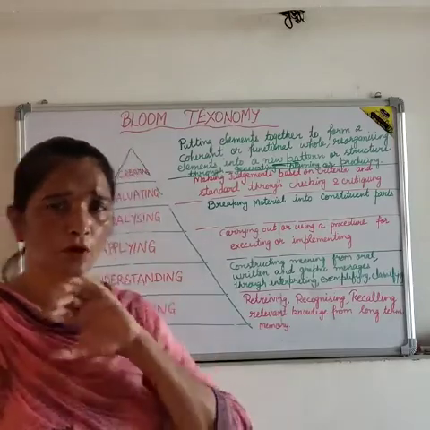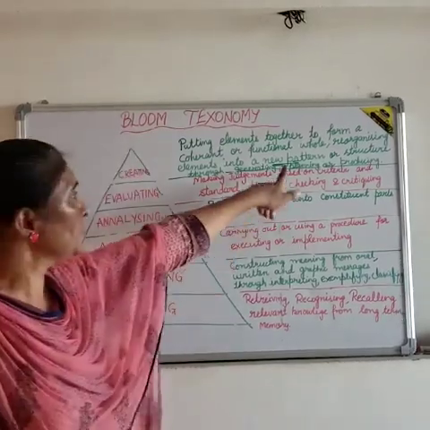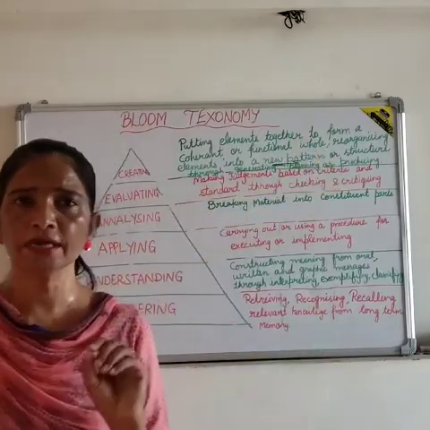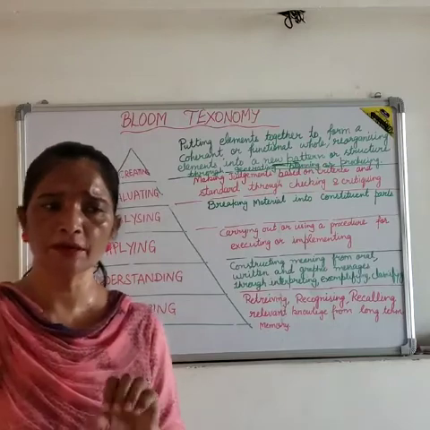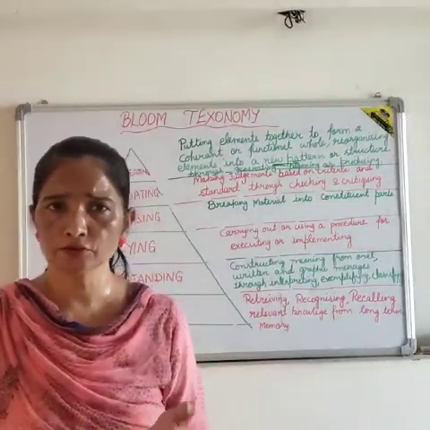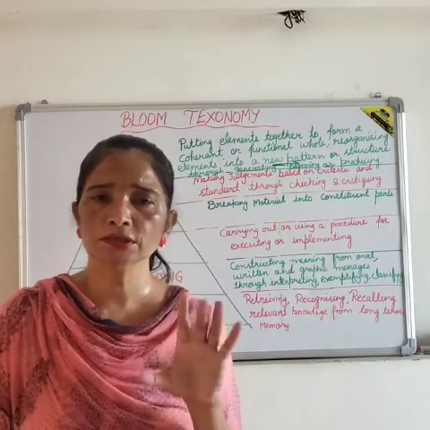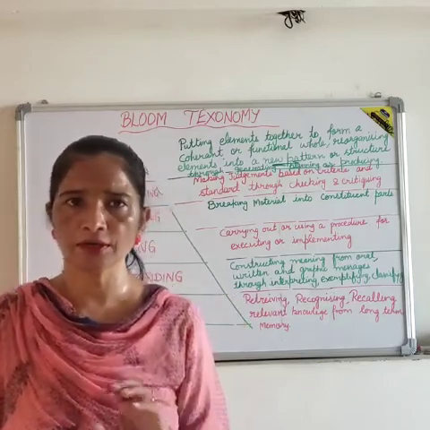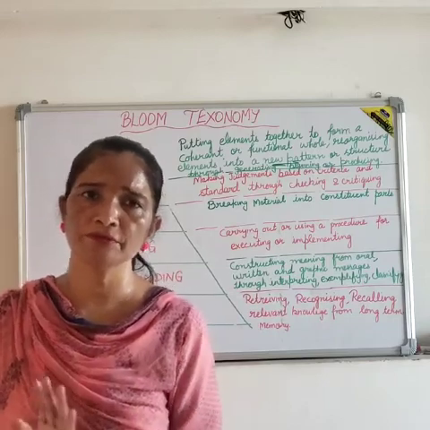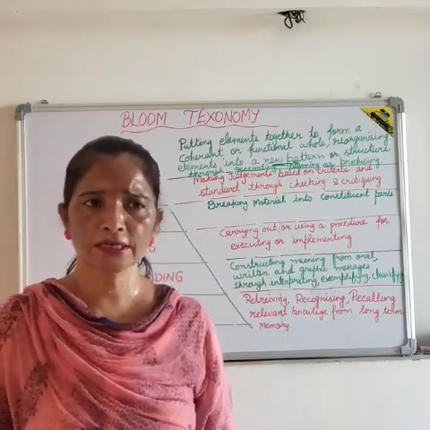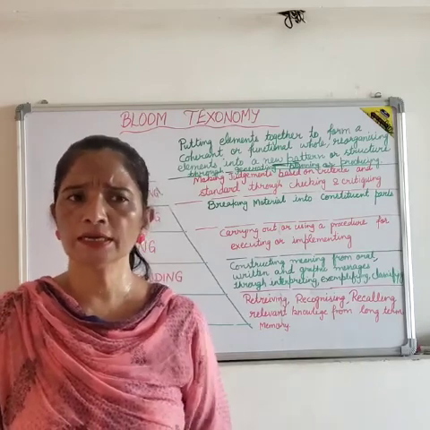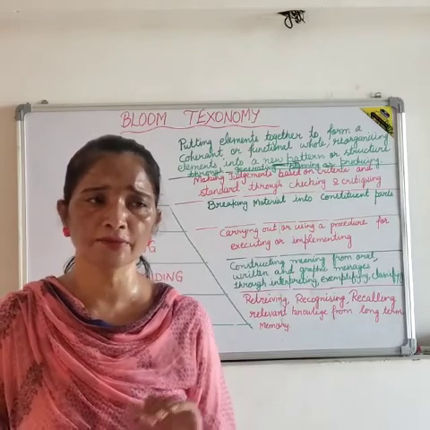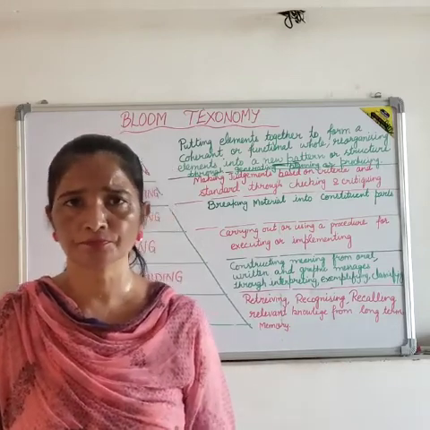And the last, most important in this pyramid, is creating. Here we have to put all elements together to form a new pattern. If we ask them to draw a picture of a dog, and they draw the same replica which we have shown them, then there is no creating, because children are curious and imaginative. So when they create a dog, it may be a new dog, maybe with feathers, wings, or six legs, or flying, or they can describe why these characteristics are necessary for a dog. So we can help them with their new language.